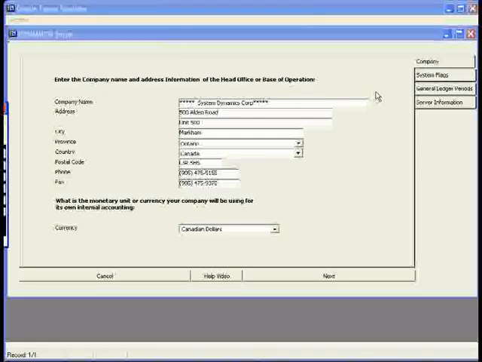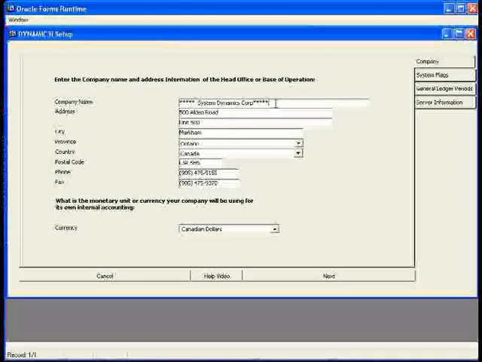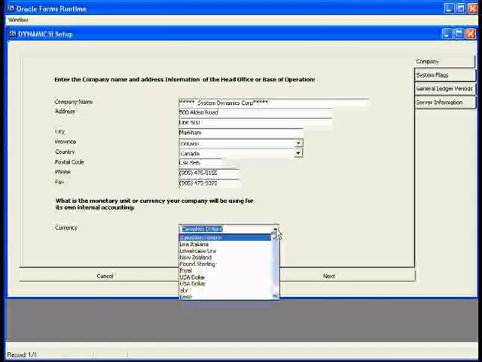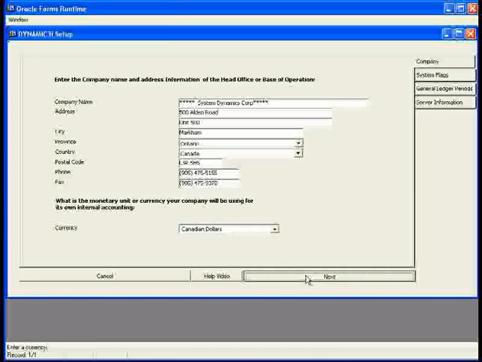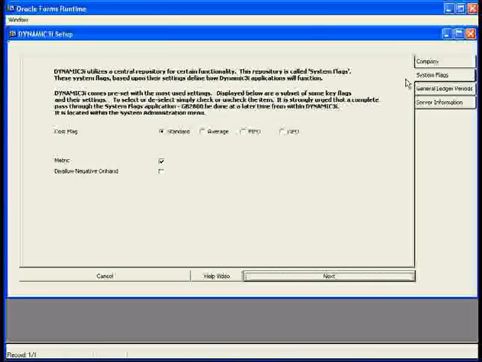and the tabs along the right-hand side here will allow you to quickly jump to other areas that can be set up, or simply accept the information on the page and hit the next button, and the wizard will continue to walk you through and ask you a series of questions as to how you want to set up the system. So after installation, when this setup wizard is presented to you, it gives you that chance to actually edit the company name, etc. If you just want to select that or change the currency, just do so and hit the next button, and it will jump to the next